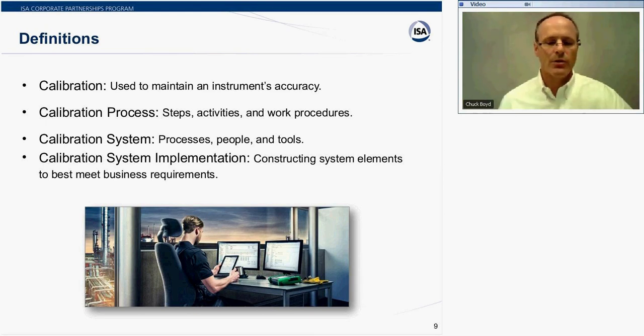So there's going to be a reference standard or measurement standard in there. There will also be a requirement to document that as well. A calibration process is all the steps and activities that we use to actually execute and perform a calibration: plan it, manage it, perform it. Also, there's a documentation component in there that's going to typically require an electronic database, some software, and maybe even